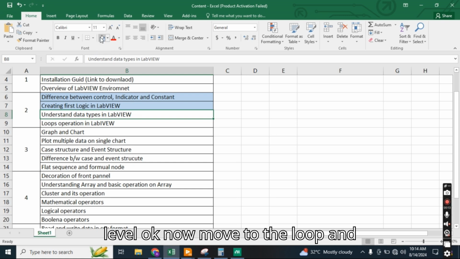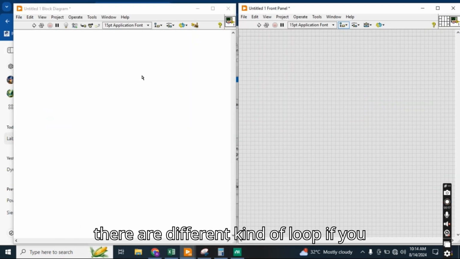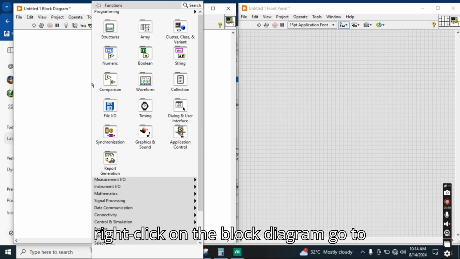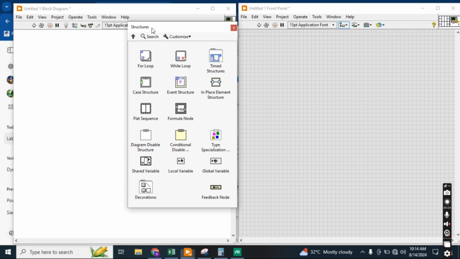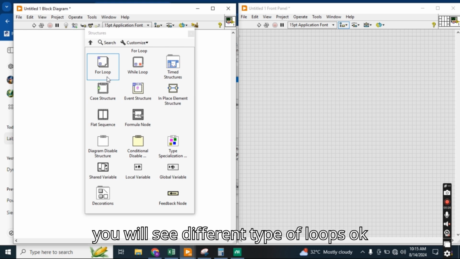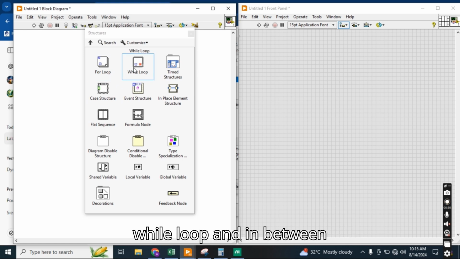Okay, now move to the loop and loop operation in LabVIEW. There are different kinds of loops. If you right click on the block diagram and go to structure, you will see different types of loops. Okay, the most common are the for loop and the while loop, and between the two,